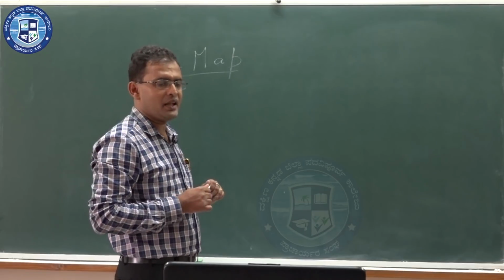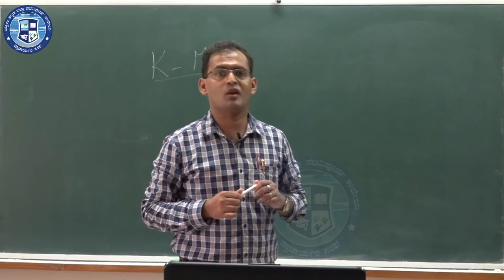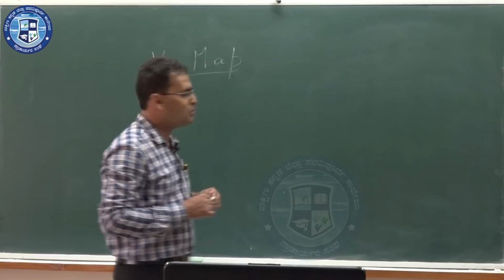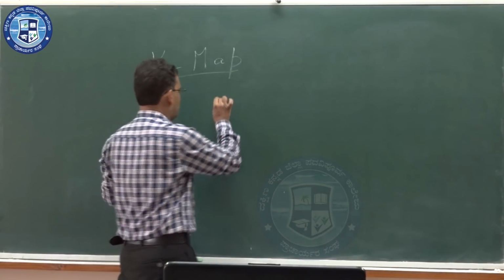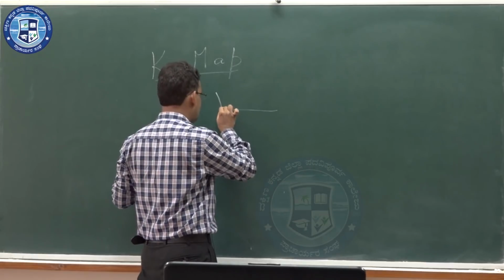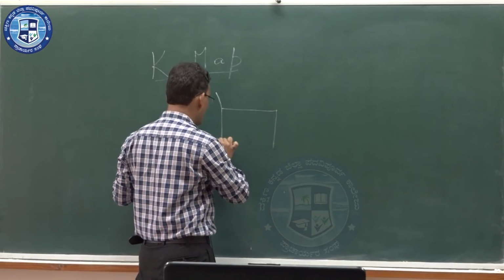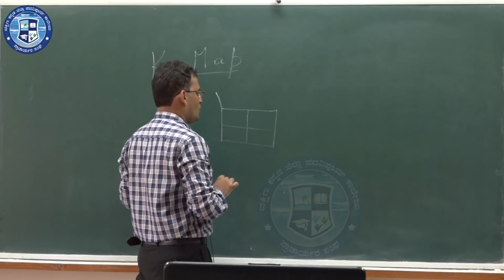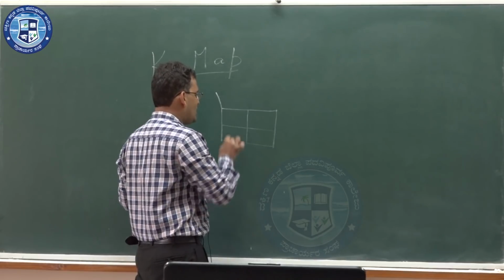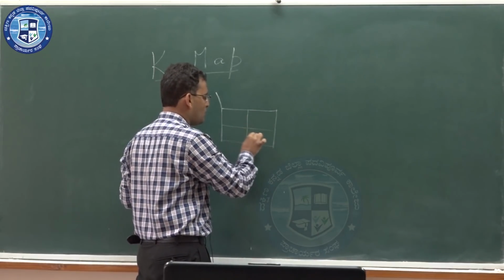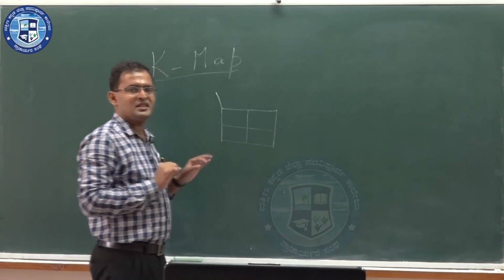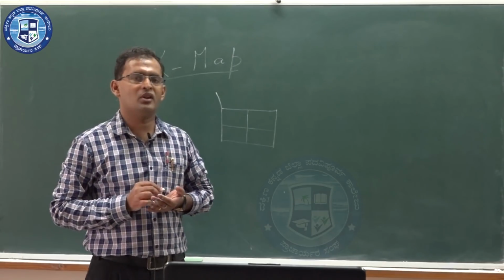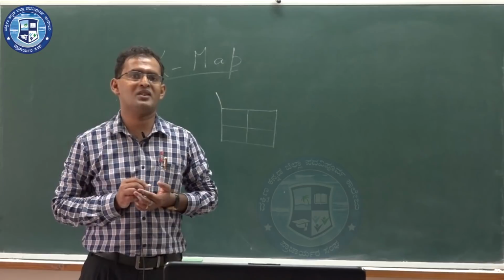Telling you more about K-map, K-map is a graphical display of the fundamental products in a truth table. K-map is nothing but a rectangular makeup of a certain number of squares, where each square represents a min term or a max term. So, K-map is a rectangular display in which each square will have either a min term or a max term. First we will see min terms, that is sum of products, then we will go for max terms, that is product of sums.